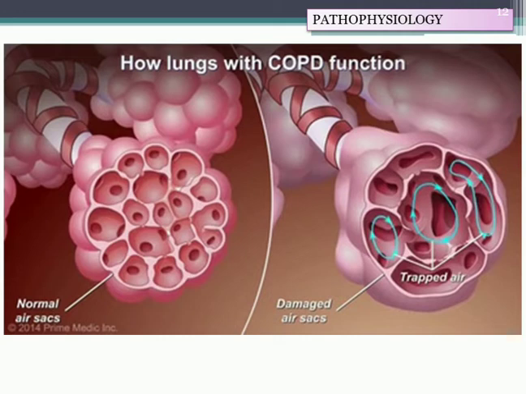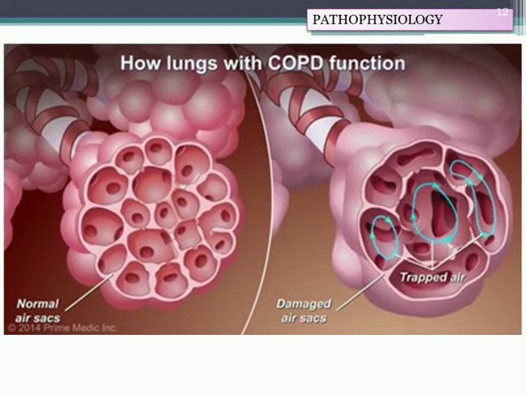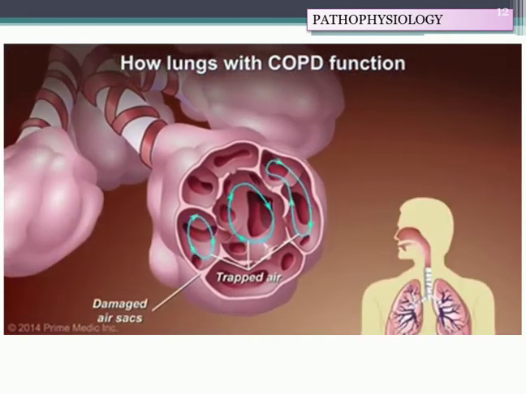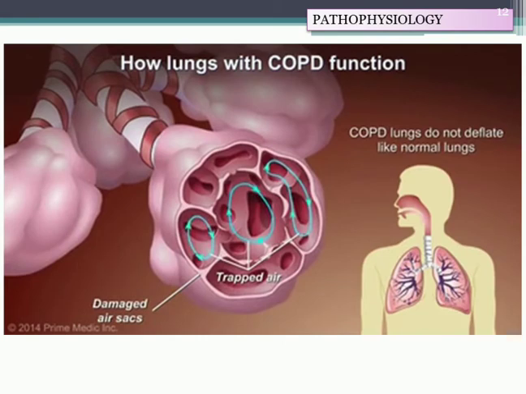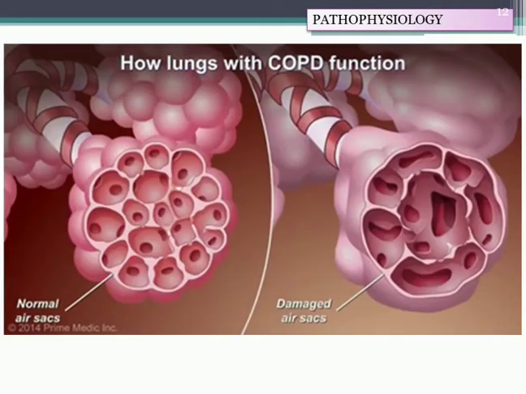So oxygenation will be there in the tissues. Hypoxia will not be there in the patient because oxygen is coming into the blood, but the carbon dioxide cannot go out. Exhaling is very difficult, but in bronchitis inhaling is difficult, right? So that is the difference. The trapped air is the important feature, remember. While the air is trapped in the lungs, the patient cannot deflate like normal lungs or exhale like a normal person.